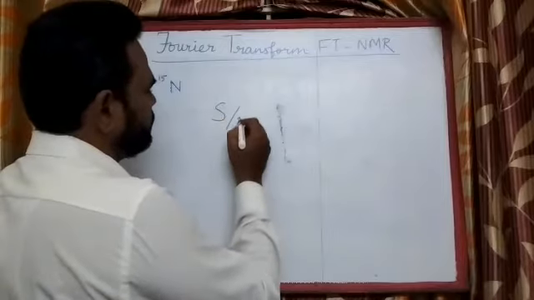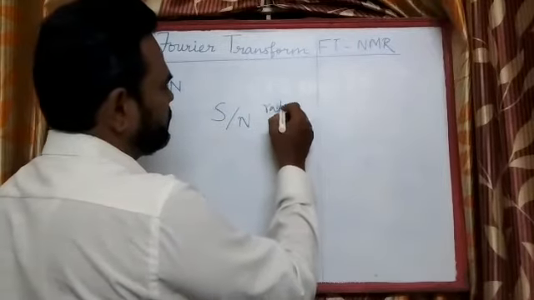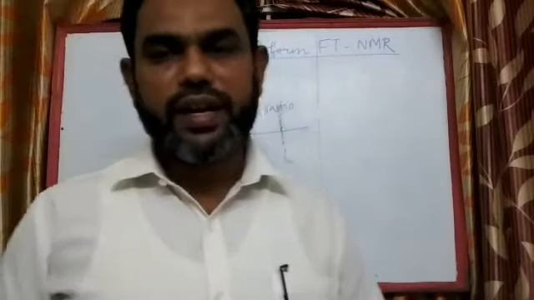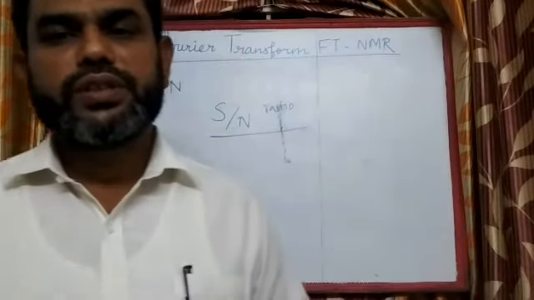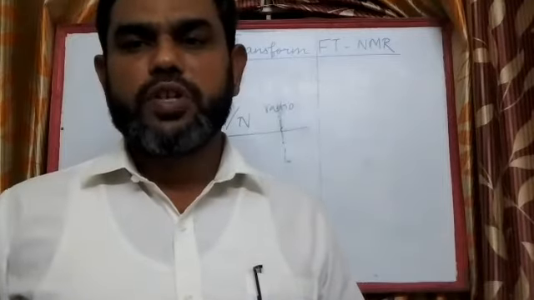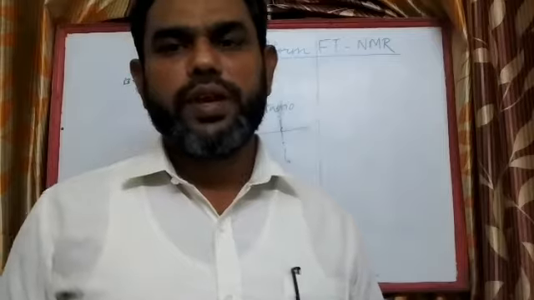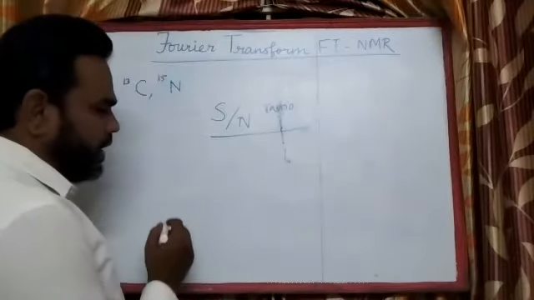So first, this is just about how we operate the NMR instrument. You must first know what a signal to noise ratio is. What is S by N, signal to noise ratio? Say, how is an NMR spectrum recorded? It can be recorded by two means. One is by